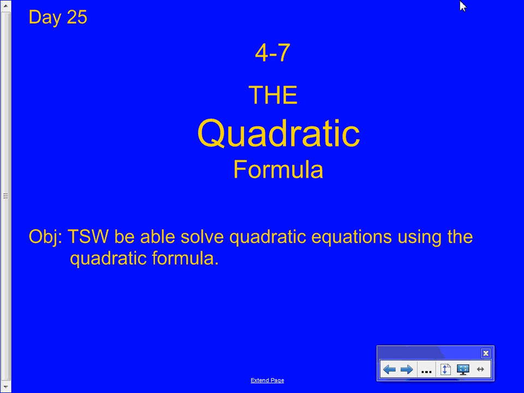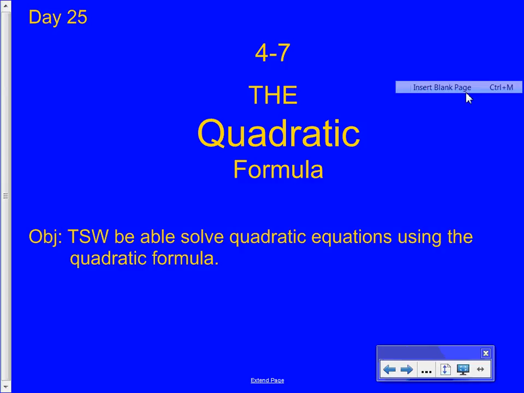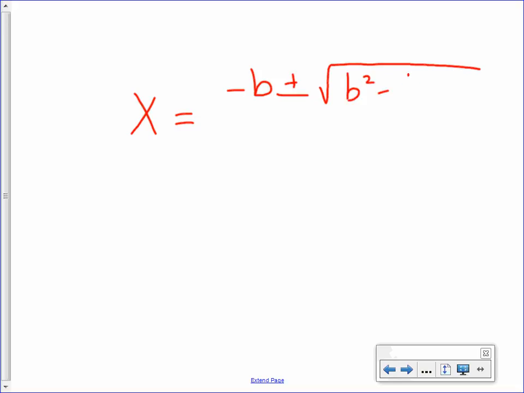The quadratic formula. Again, it is the child of completing the square. It comes from completing the square. So, all together on a count of 3. 1, 2, 3. X is equal to opposite b plus or minus the square root of b squared minus 4ac